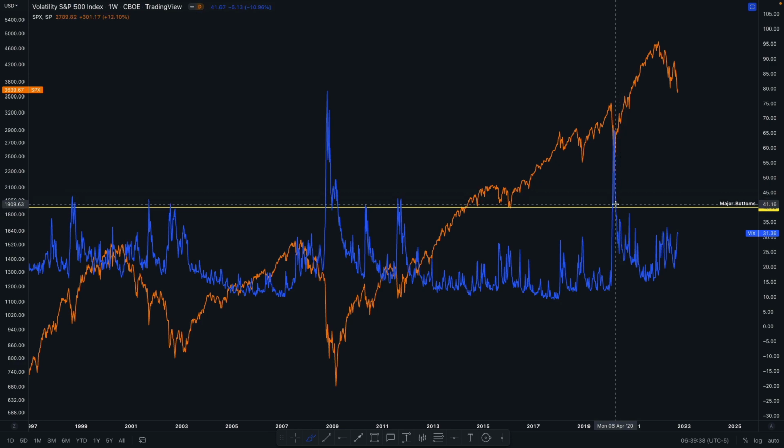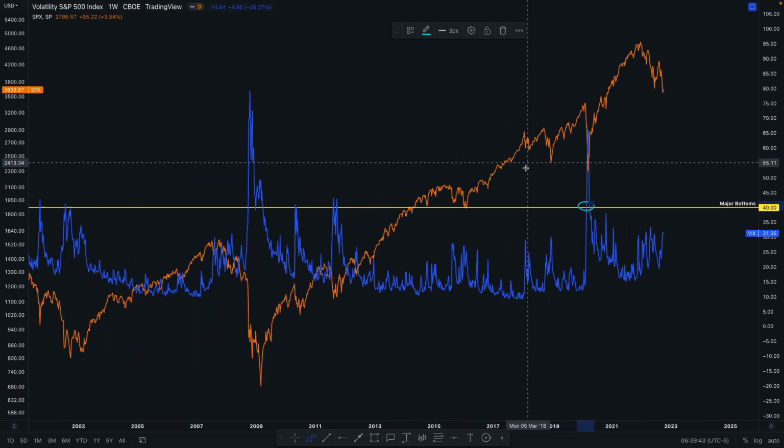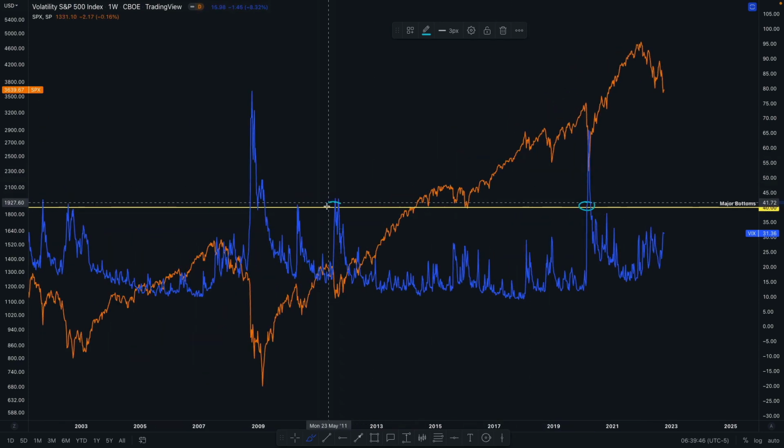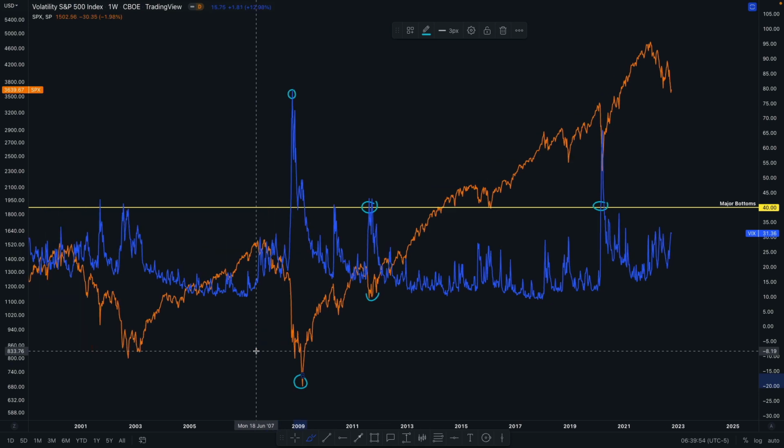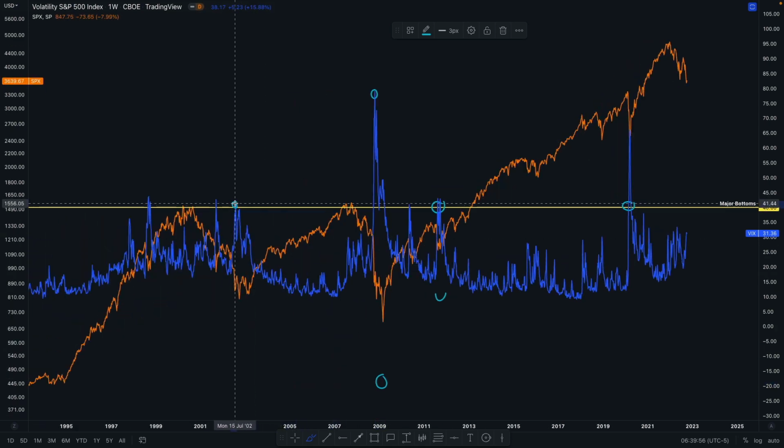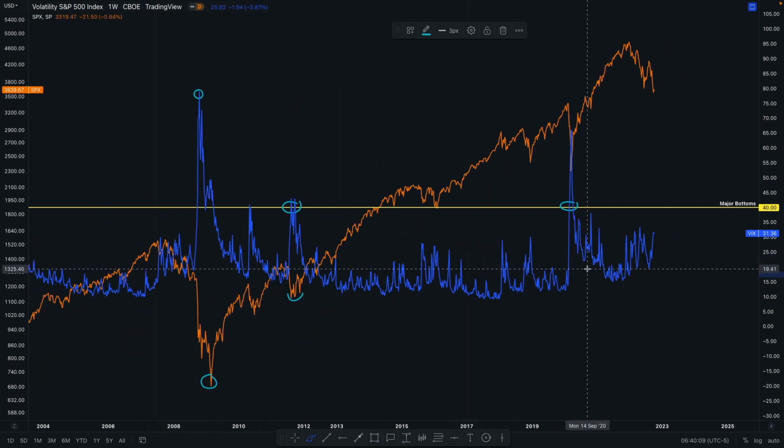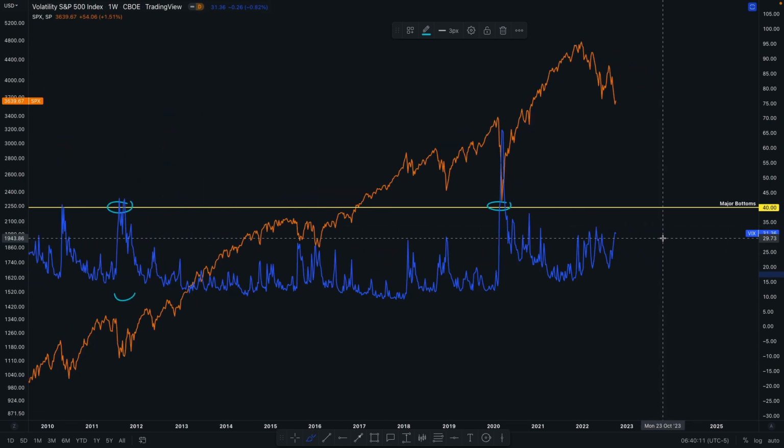And what we've seen in history is that if we go all the way back in 2020, we had this pandemic low right around here. If we go all the way back here, we had the lows of 2011 right here. And then if we look right here, this is the Great Recession, which again were the stock market lows. If we go back here, this was the dot-com bubble, the lowest low that we had. Again, right here, this was another major push to the downside in the stock market. So as you can see, anytime that the VIX gets at the 40 point or above, that's when major lows are put in, and then the bull market starts to resume after that.